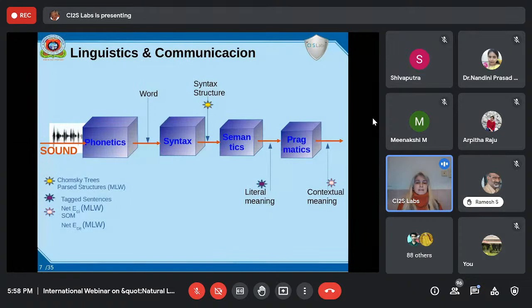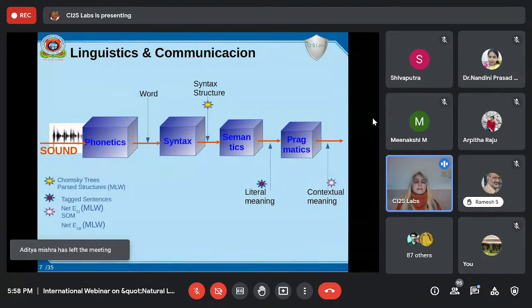The next step is the semantics. I can tell you that semantics is the most difficult step, and up to now the focus of the scientists in this field. Semantics seems to be easy, but it's not that way. Semantics is related to understanding what's the meaning of certain sentences. But the meaning is literal. That is,